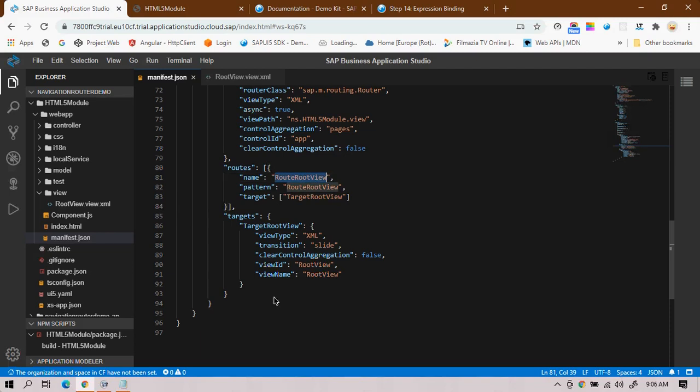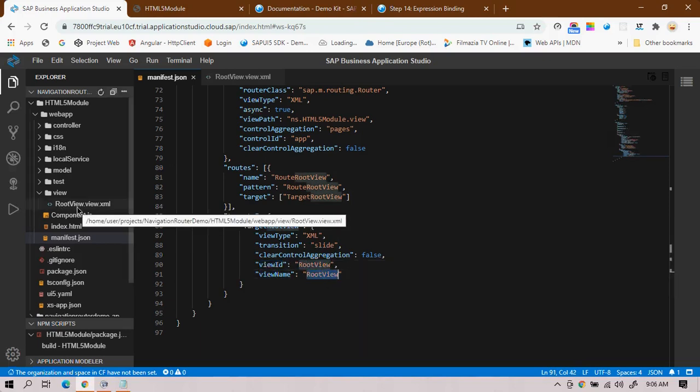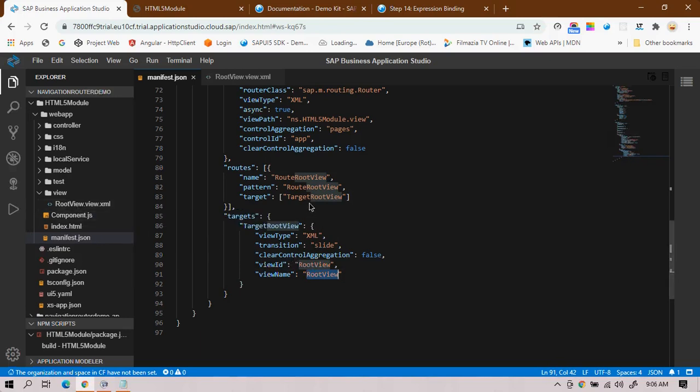For each route view we have the associated targets, which directly point to the view. My view ID is route view and the view name is route view, because route view is the view which was created. So for each route, one associated target would be there.